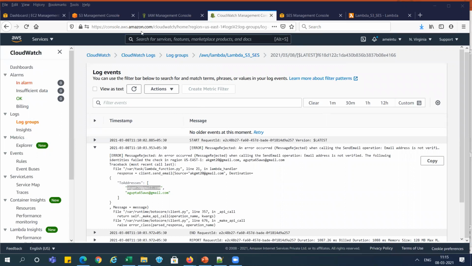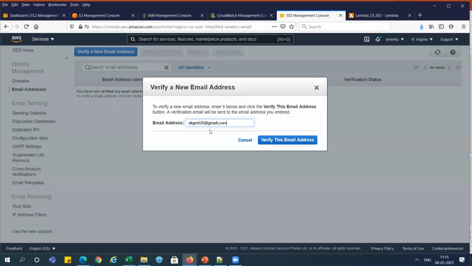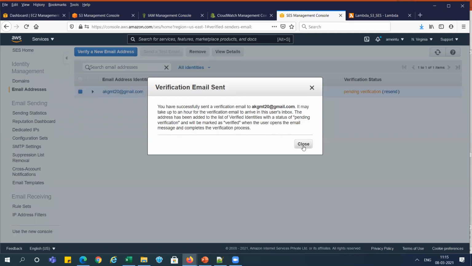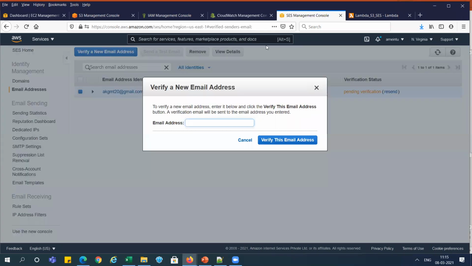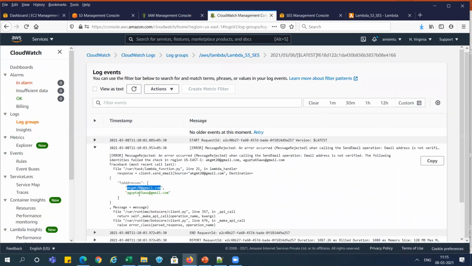So I am putting the email address here and verifying this email address. You can see it is showing pending verification, right? And again, I will send one more email address here, because I've used two email addresses.